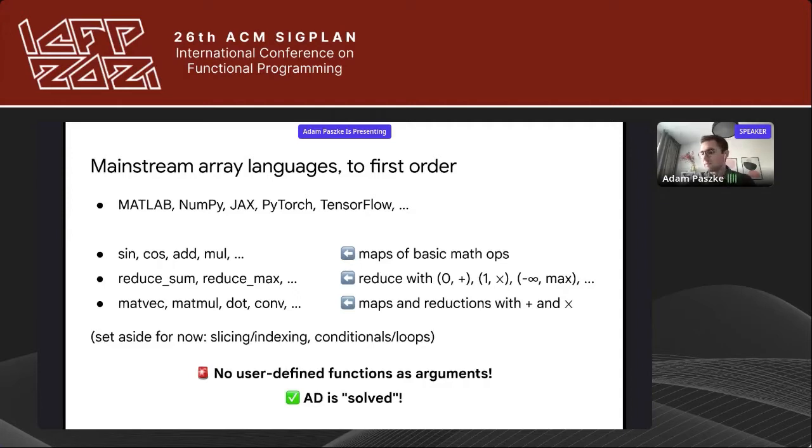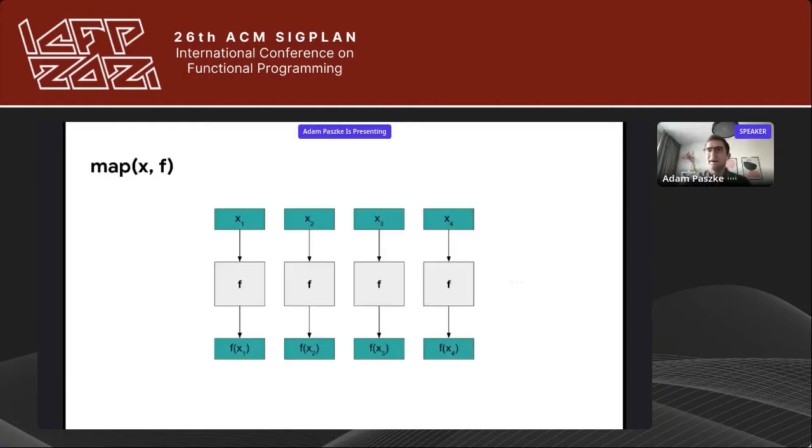I mean, obviously there are extensions, and one of the things that we are working on is improving the stuff that's already there, but the basic stuff that gets you most of the way is already there and has been there pretty much for years now. But obviously, user-defined function arguments are really nice, and they enable you to do a whole bunch of interesting things. And so most of the languages that you find at the workshop here do have primitives such